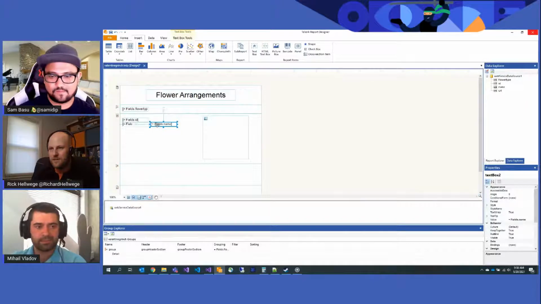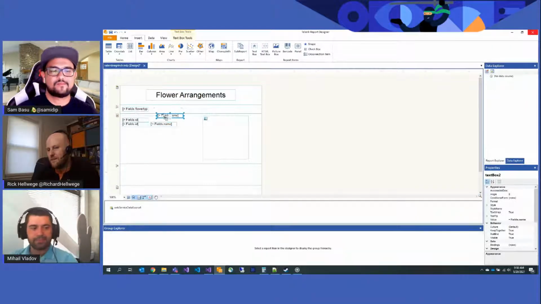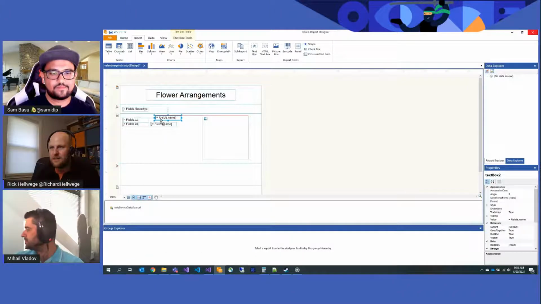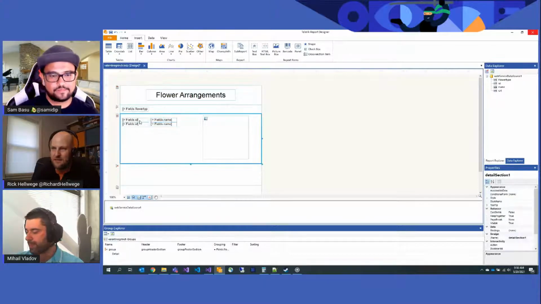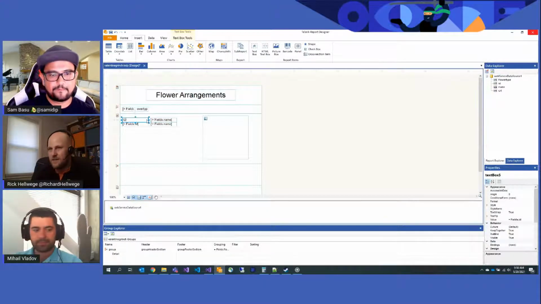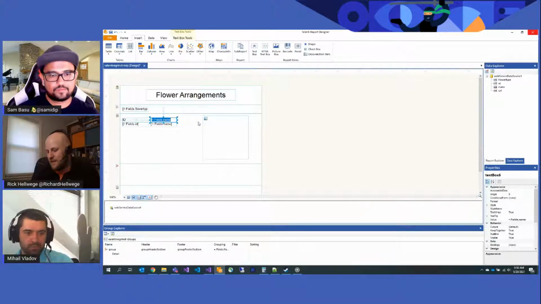All I'm doing now is using some of the features of the Standalone Report Designer to select a field. Holding the Control key, you can click and drag it and move it and copy that field. It gives you all the same properties, same size and everything. And I'm just going to quickly change it from a bound field to a named text field. And let's see what this looks like.